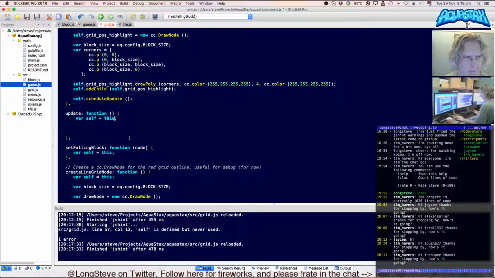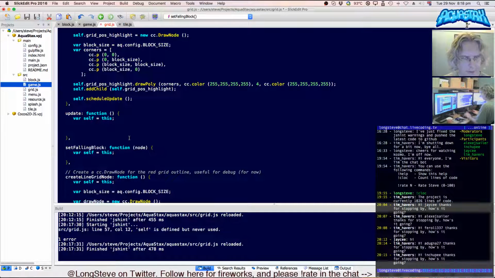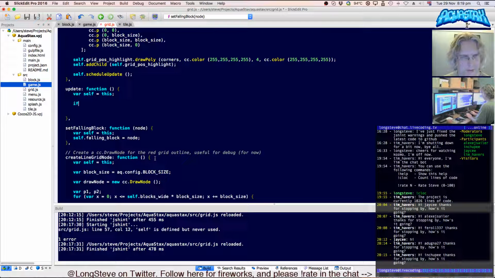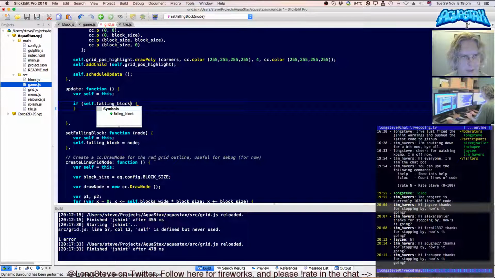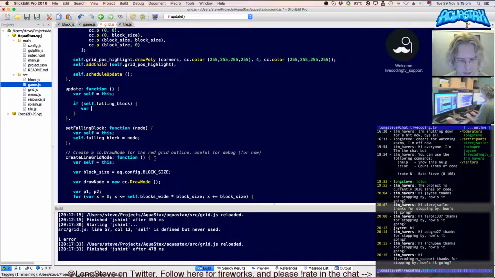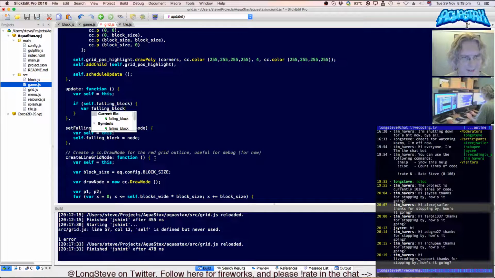Why does it insist on giving me a four space column indent whenever I do that? I like 3. I should try and figure these things out. Self equals this, self dot falling block equals node. Right. Then in here, if self dot falling block doesn't equal null, we want to get the falling block pos